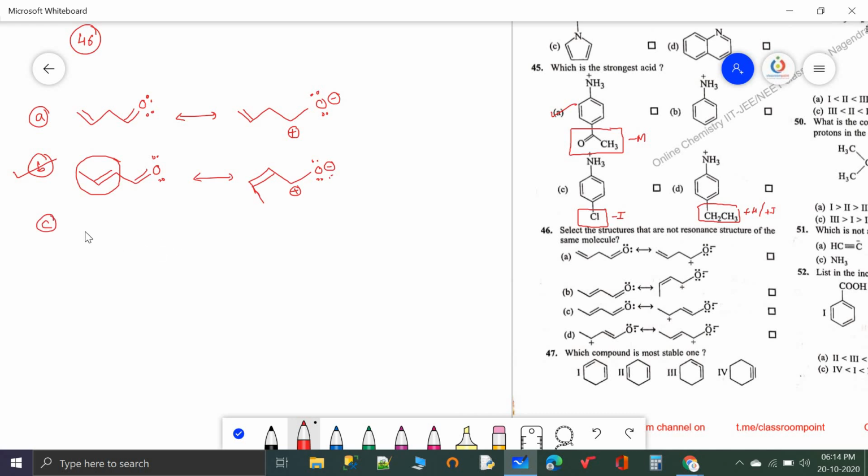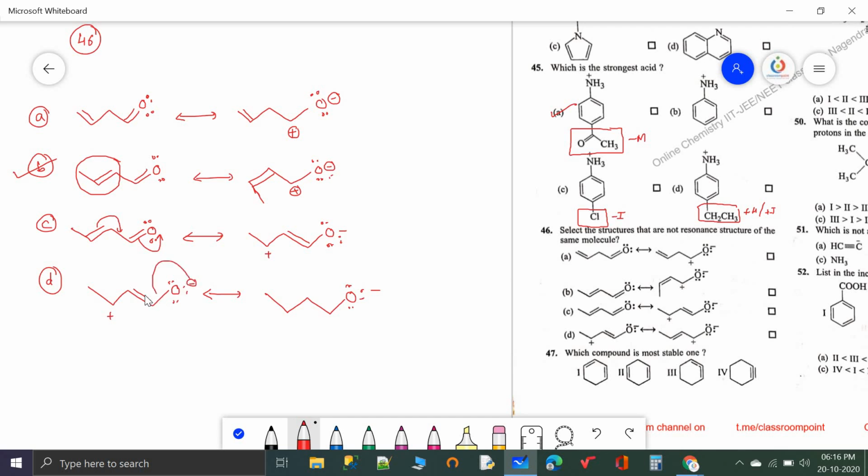Let us see the remaining molecules also. By shifting the bond here, you can move the pi bond to the oxygen, which gets the negative charge. So these are also resonance structures to each other. And the last one is, now just shift the negative charge here, and these electrons will come here, so that the bond can be formed here, and here also we will get one bond, and that bond you can write as plus and minus again. So this is also a resonance structure. So option B does not represent the resonance structure, so option B is correct here.